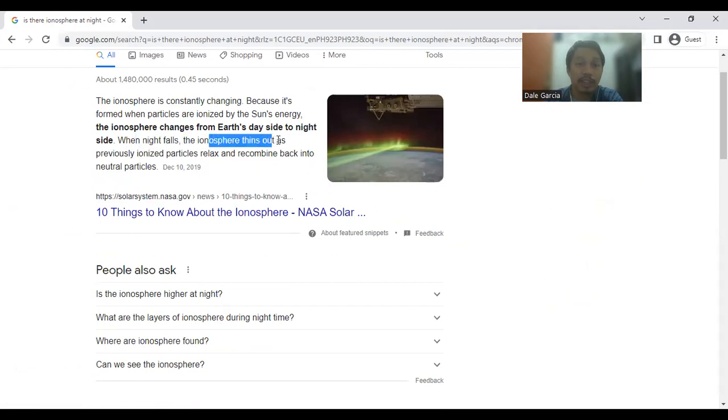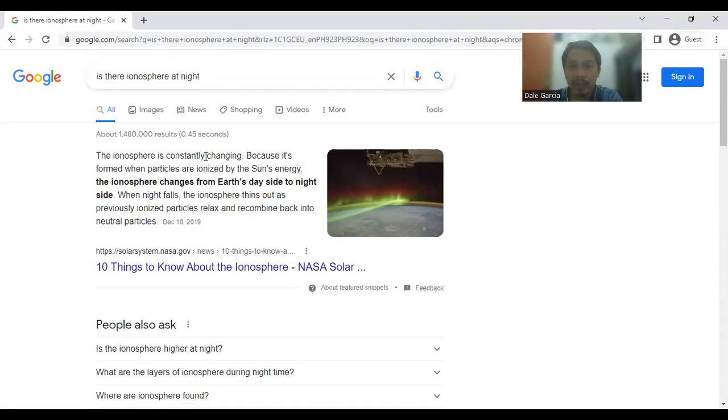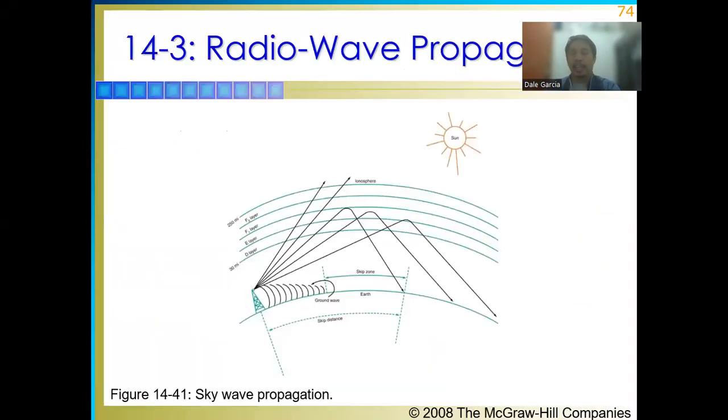When night falls, the ionosphere thins out as previously ionized particles relax and recombine back in with the particles. Yeah. We could say during nighttime, ideally the ionosphere disappears. The sun is not there. Nothing is charging the particles in this portion of the atmosphere. Okay? So what would happen is